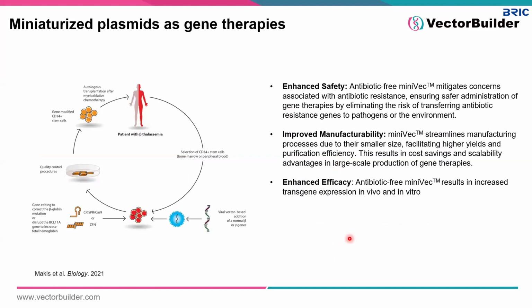Ex vivo cell therapy involves genetically modifying patients' own cells outside of the body, commonly using lentiviral vectors to engineer these patient cells. This diagram here diagrams one application of this ex vivo cell lentivirus technology, which would be in the application of Zynteglo, a lentivirus-based ex vivo cell therapy for the treatment of beta thalassemia. In this genetic disorder,